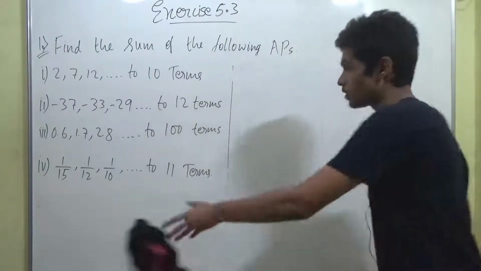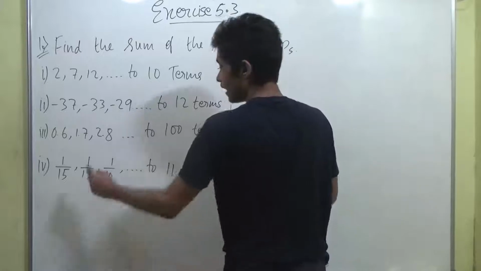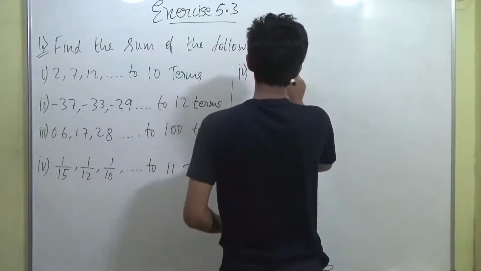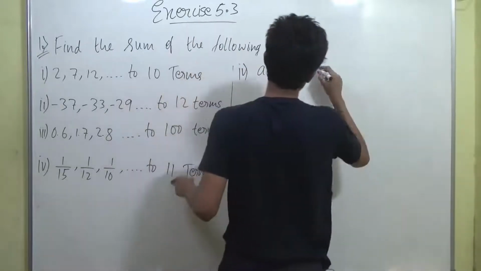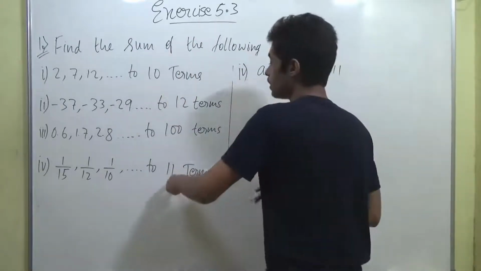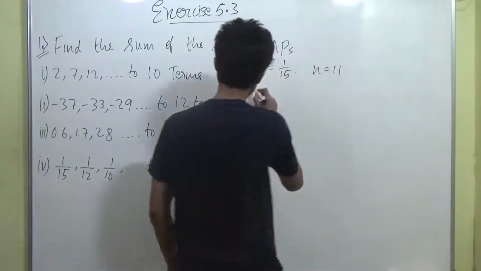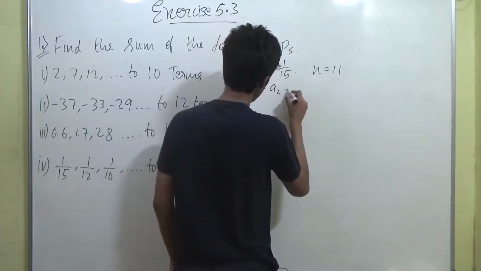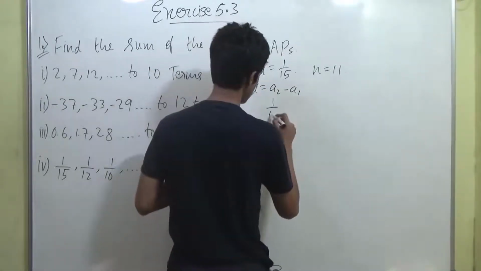Okay guys, now let's go to the fourth sub question, where we'll get a as 1 by 15, a equal to 1 by 15, and n equal to 11, because they have given us still 11 terms. Now let's find d guys. D equal to a2 minus a1, right? So if we do a2 minus a1 here, it's going to become 1 by 12 minus 1